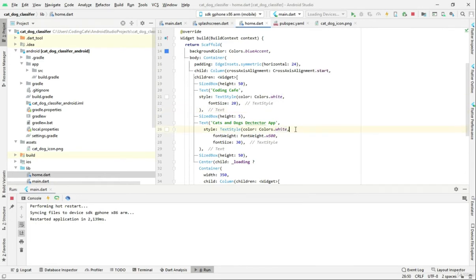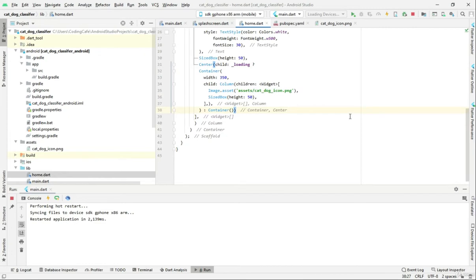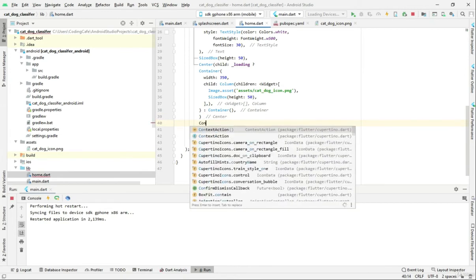Now let's add those two buttons, one for the gallery and one for the capture. So let's do that. Right here we will just forget that else statement for now. We will work on this in future videos. Now we are concentrating on the design, so just leave this for now. So after this center tag we will create a container,